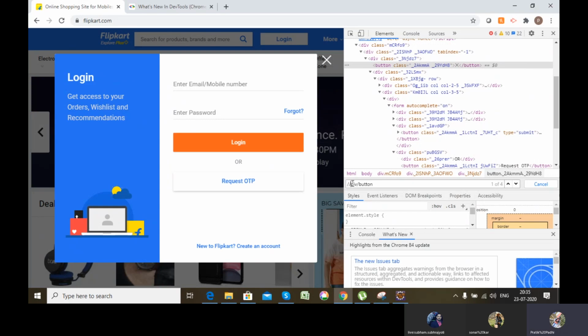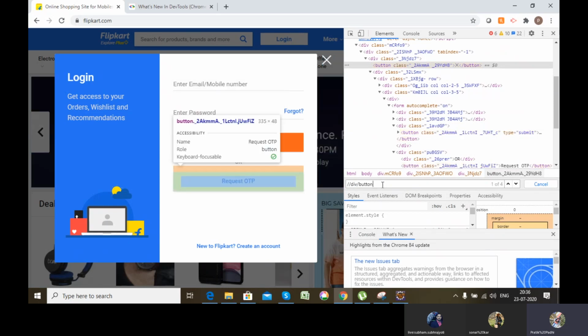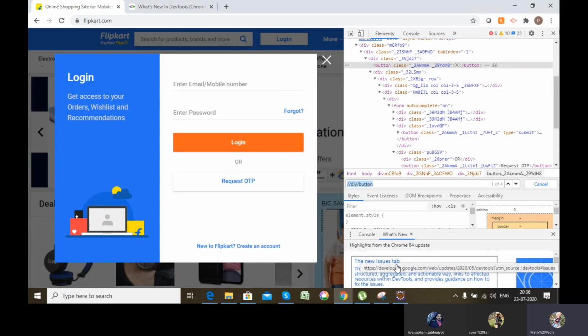Okay, so let's say for example, if I write this XPath, it will search 4 elements, but I am interested in the second one, because my second one is this cross button. If I see, the first one is a hidden element, which you can see; the second is my cross button, and the third and fourth are not. So how to handle this type of scenario?